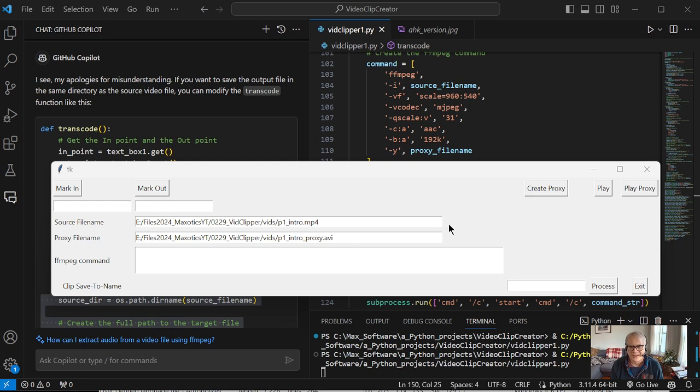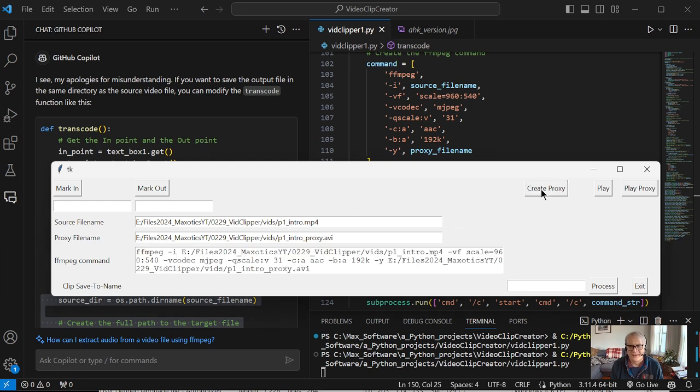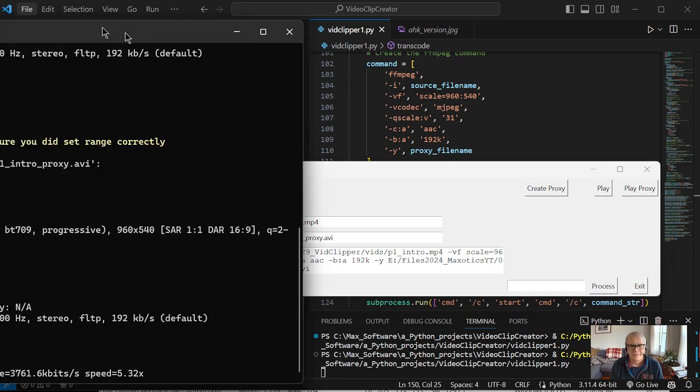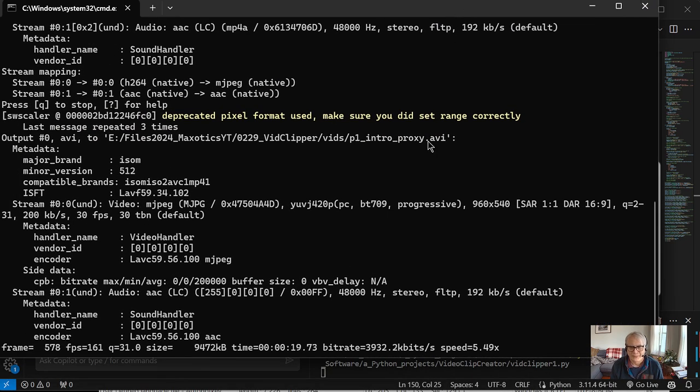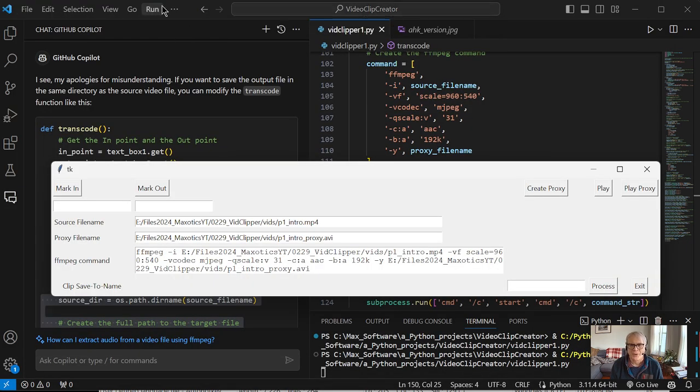I can drag it in, and then I can create a proxy. Basically it's creating a proxy version of this video, because the videos I want to pull clips from, I want the proxy so I can scrub back and forth quickly while I'm editing them, but I'll use the original to create the clips. So I've created my proxy. Now I'm going to play the proxy,